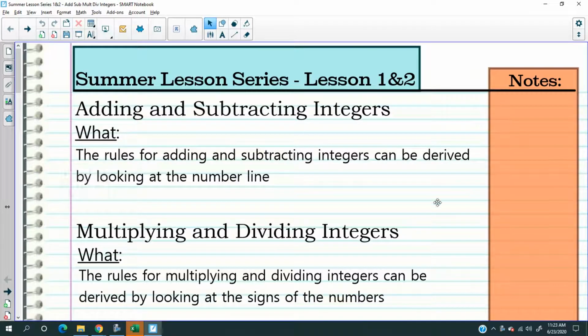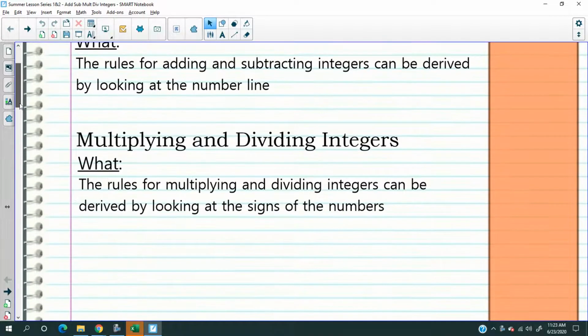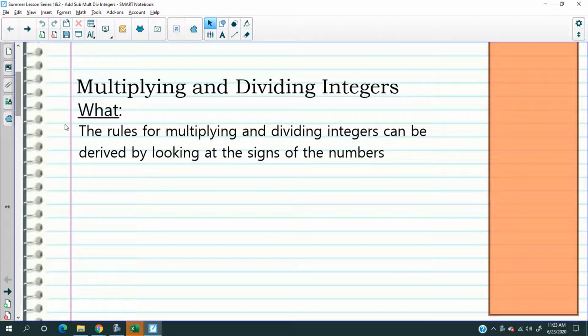Okay, all right. So welcome back to Mr. Ng's summer lesson series. All right, lesson 2. So today we're gonna focus on multiplying and dividing integers. So brief overview. When you are multiplying, dividing integers, all you have to do is look at the sign of